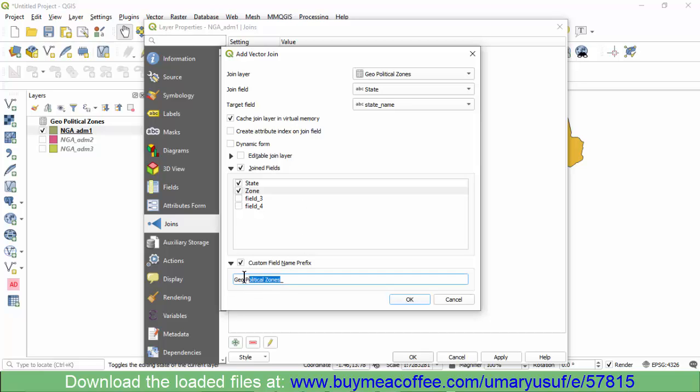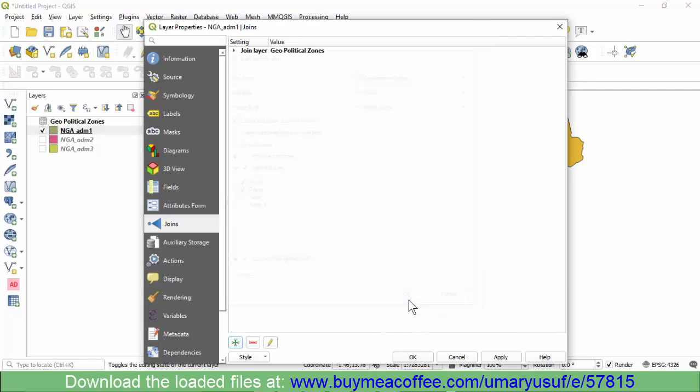So then let me see. This is a custom field, I'll just make it. I'll call it zone underscore whatever the name is here. This is just to identify that the columns that start with zone are those that came from the CSV file. So that is just the importance. If I click on OK,